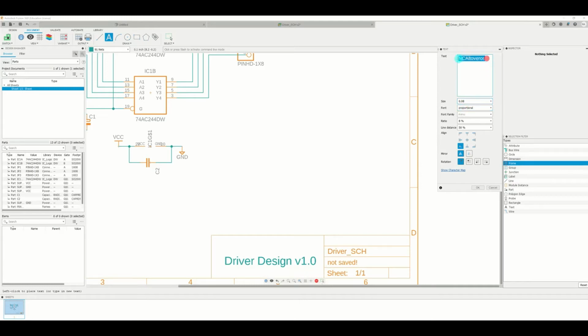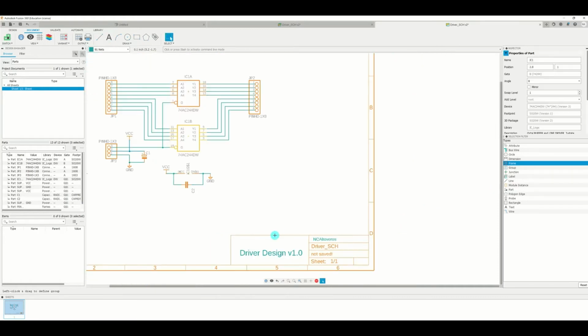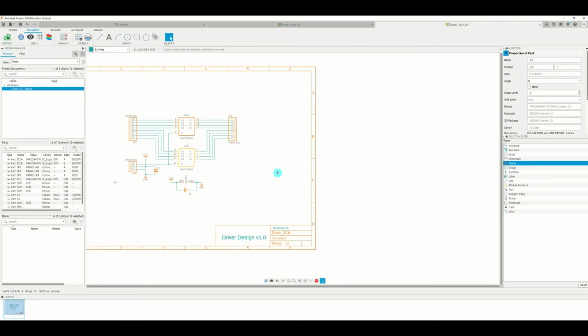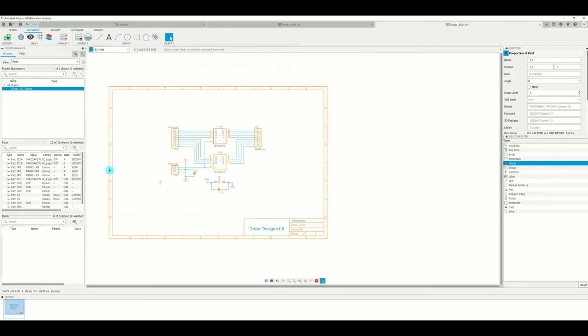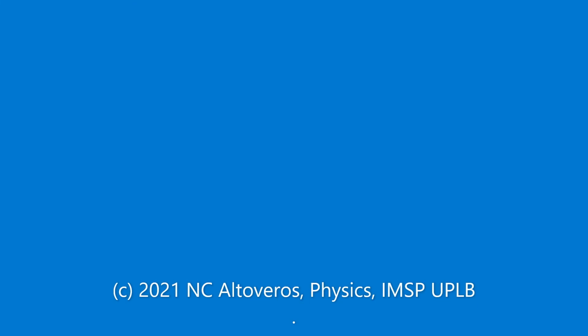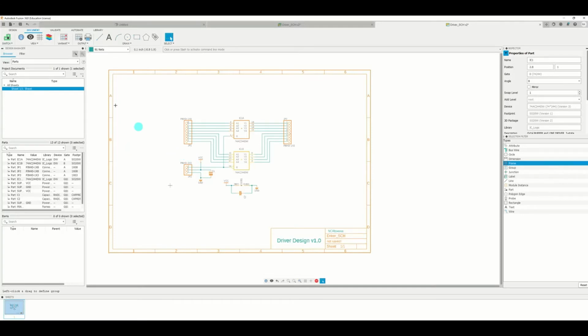You can select the whole thing and then type the size, so that it will be adjusted already. I can put it there and then cancel, and so you now have a design with the frame. Then you save